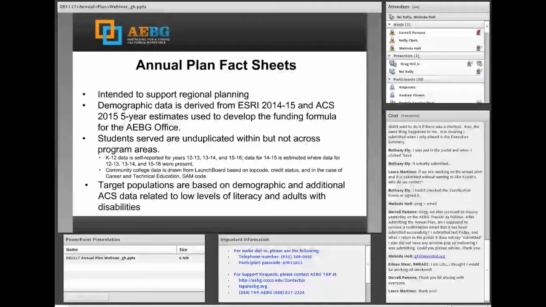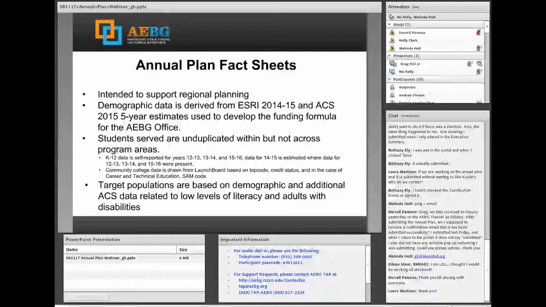But as a high-level summary, the demographic data up at the top of those fact sheets is from the funding formula that the AEBG office used to determine initial allocations.